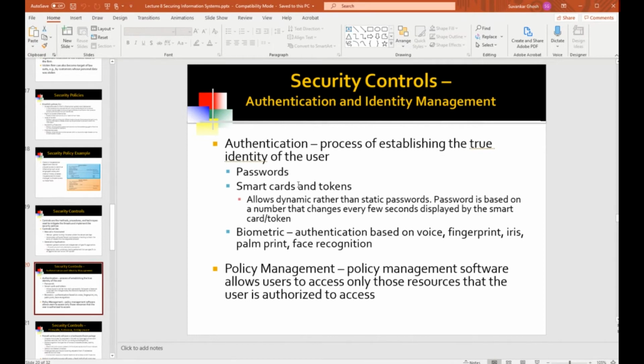So it's two-factor because you need two factors. One is you need the traditional password that you may have memorized, or if it's some random collection of characters, then you may have memorized that, or you may be keeping it somewhere on your person, a piece of paper that you've written that on. So you need that, and plus you need the random number generated by the token. So this is called smart card or token-based two-factor authentication.